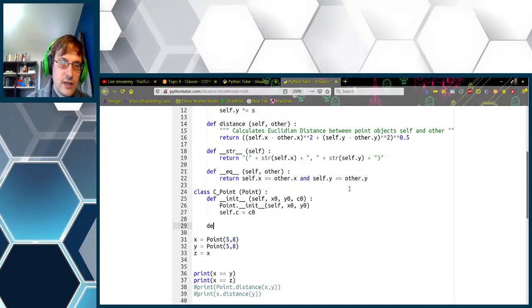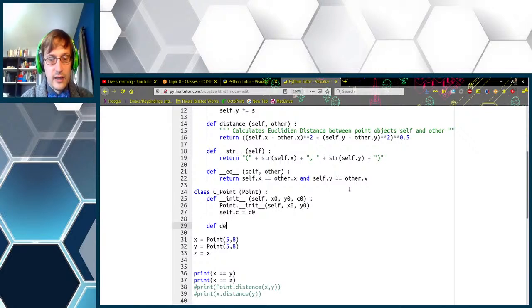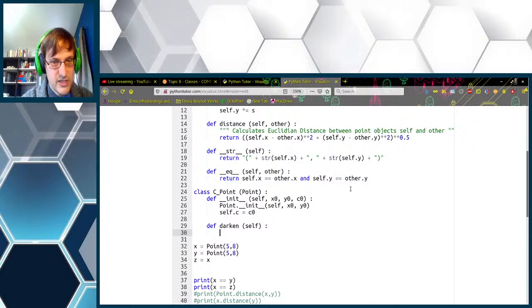Yes, darken, which is kind of like the make old method that we had with respect to the person class. So darken takes self and no other arguments. Self.c is equal to self.c plus, or no, actually we want to prepend it rather than append it, dark self.c.